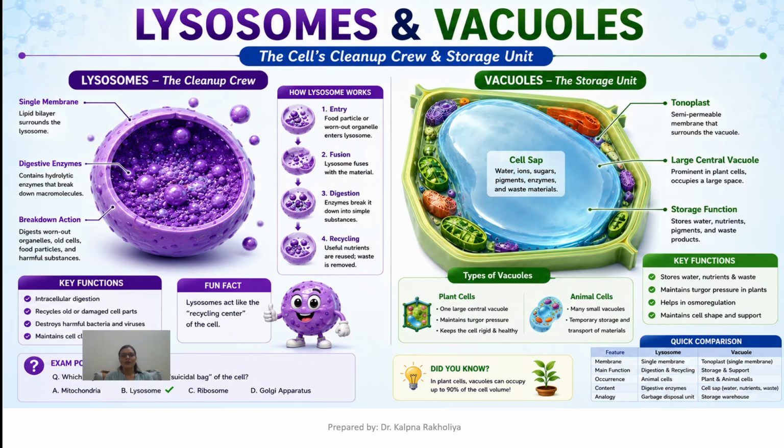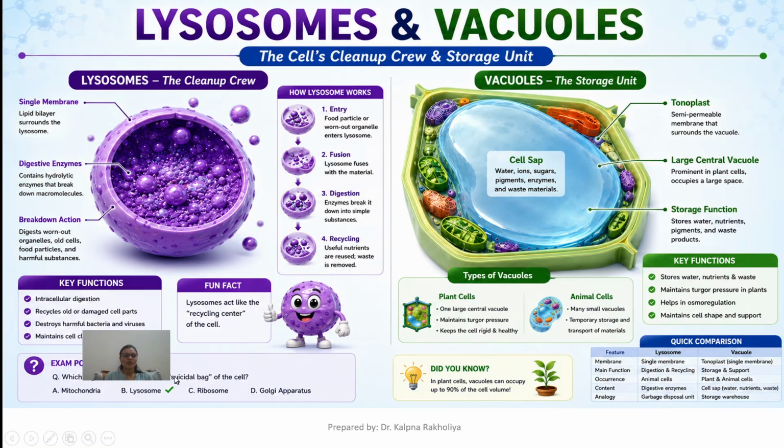Whatever microorganisms or waste products enter the lysosome structure, these particles are fused with the lysosomal enzymes, and then they are broken down or digested by these various enzymes. If they are recyclable, then useful nutrients are reused and waste is removed via